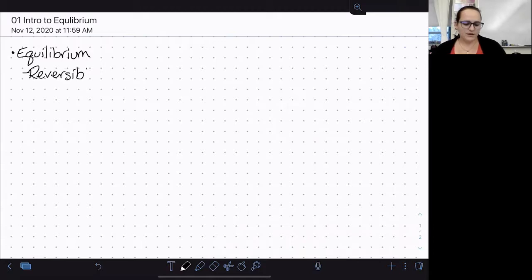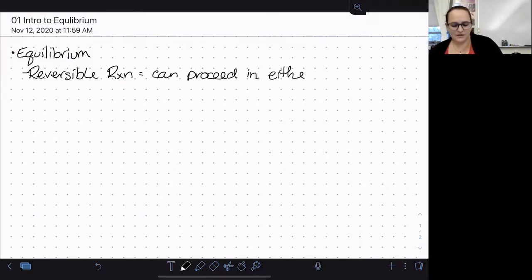So we've already been introduced to the idea of reversible reactions in the thermodynamics unit when we talked about delta G. So a reversible reaction, or this idea of reversibility, is a reaction that can proceed in either the forward direction, which is the way we typically think about reactions reacting, meaning that reactants are converted into products,